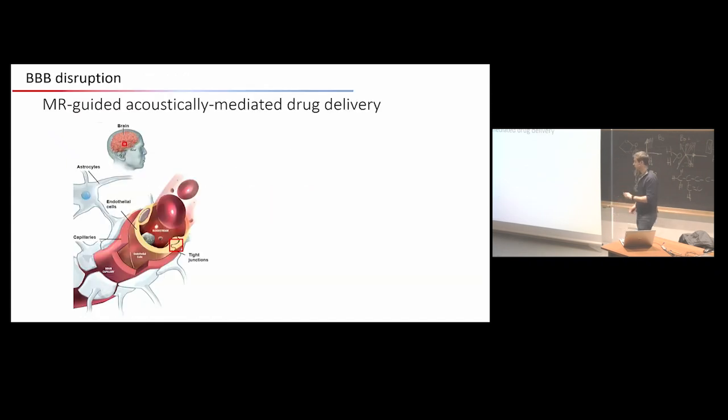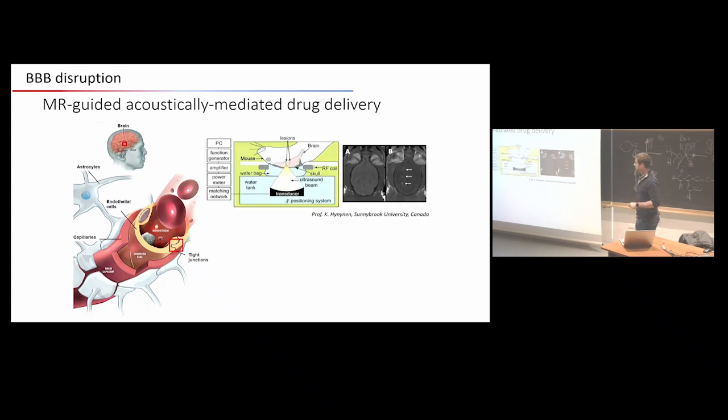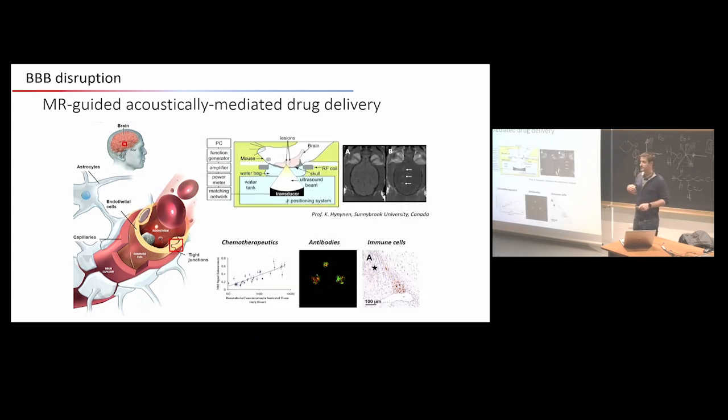Now I'm going to talk about the blood-brain barrier. I'm going to be a bit faster. As I said before, the problem is when you want to treat the brain. I don't know if you're familiar with that. The brain is protected by the skull, but also by the blood-brain barrier, which is a physical and biological barrier